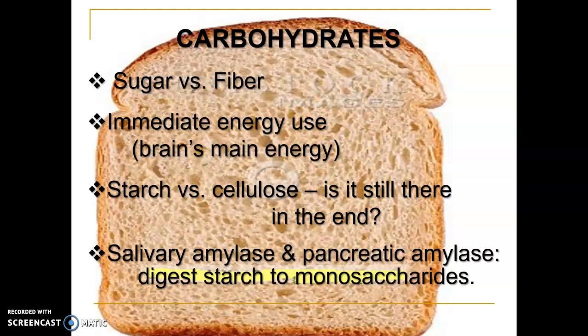Starch is like potatoes and pasta and stuff that will slowly break down over a long term. So our body's constantly digesting it and breaking it down, breaking off sugars, constantly putting sugar into the bloodstream. Cellulose has different bonding patterns that our enzymes cannot break. So cellulose is undigestible sugars, basically starches. Well, not starch, because they call it cellulose because they're sugars bound together, which we can't break those bonds. Our enzymes can't. So is it still there in the end? Yes, it is. Corn,